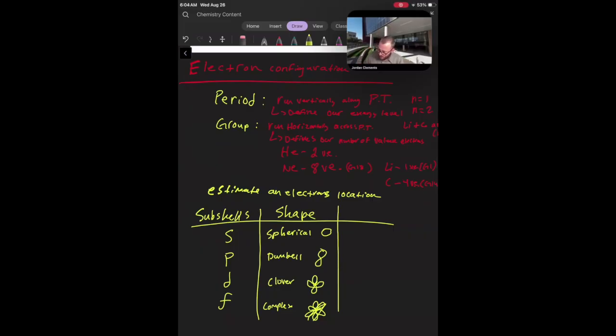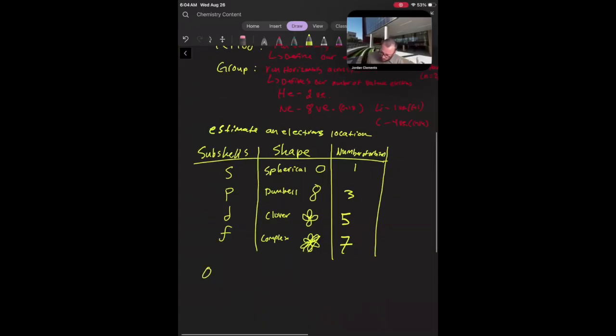And then let's look at the number of orbitals. So for S, we would have 1 orbital. For P in an energy level, we could have 3 orbitals. D, we could have 5 orbitals. F, we could have 7 orbitals. And an orbital contains, or can contain,